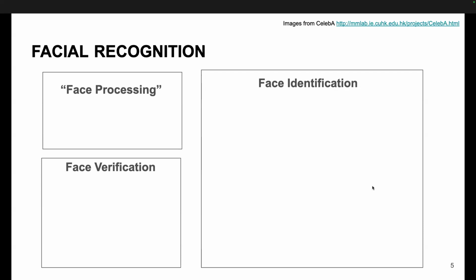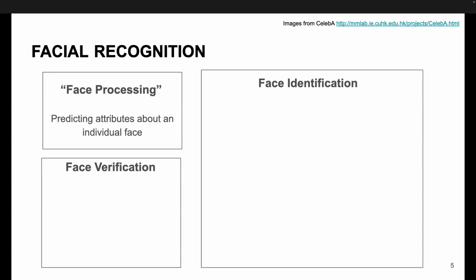So facial recognition is a broad category of work that deals with general face processing algorithms, where face processing would be generally trying to predict some attribute about a picture of a face. You might be trying to predict facial key points, like where a nose or a mouth is on an image. And there are other forms of face processing algorithms that are maybe more pseudoscientific, around predicting emotions or gender presentation. So there's a bucket of: given one face, tell me about that face.